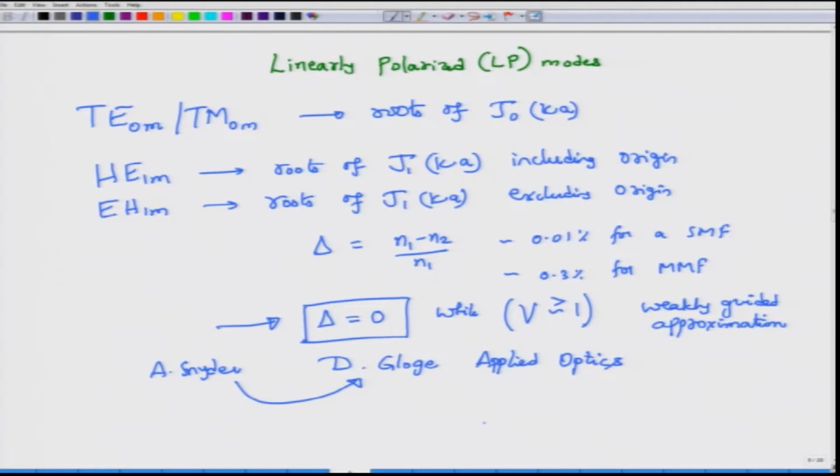So, you would be able to read it and understand more about this weakly guided approximation, and this famous paper was published in Applied Optics, a journal, in 1971. I will give you the full details over the course website. Okay. So, whatever we are going to discuss in this module is all due to the work of this person, and we are going to look at what exactly he did.